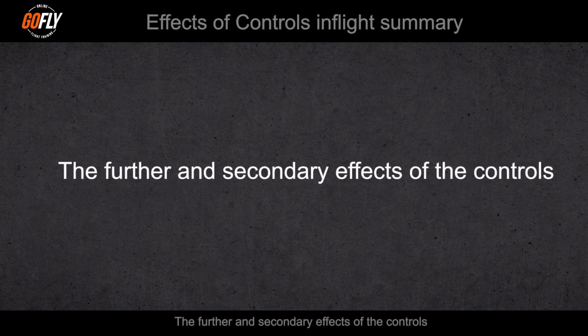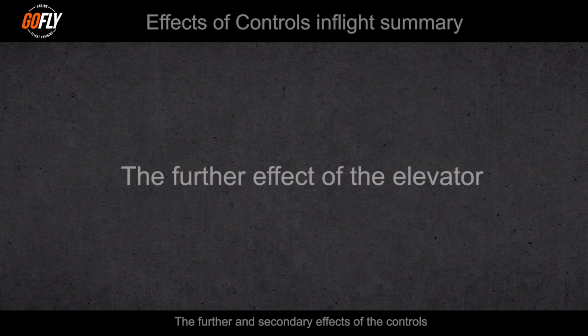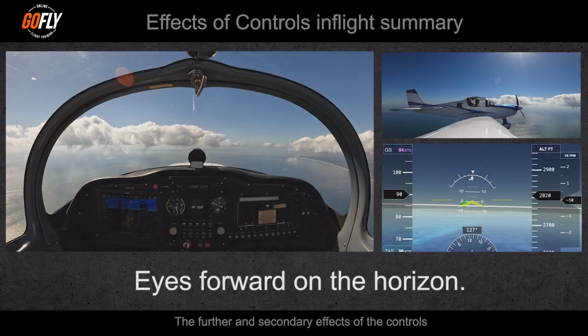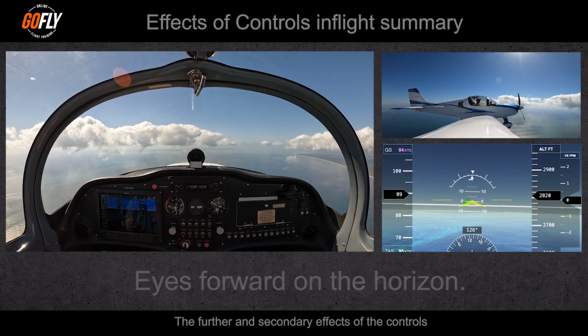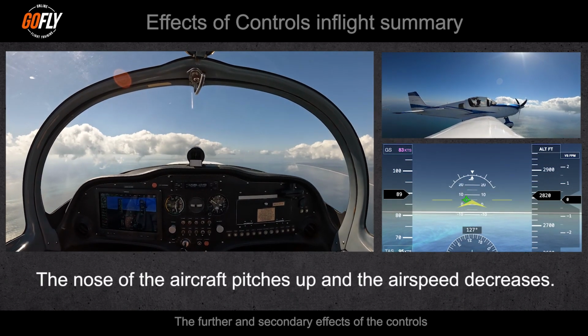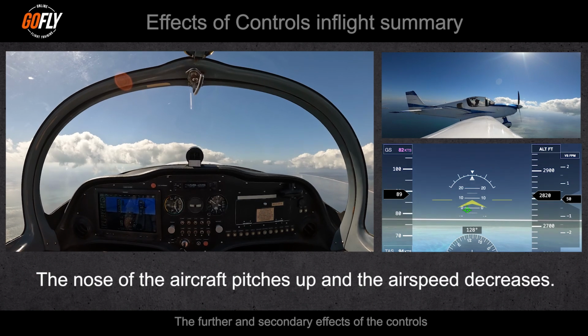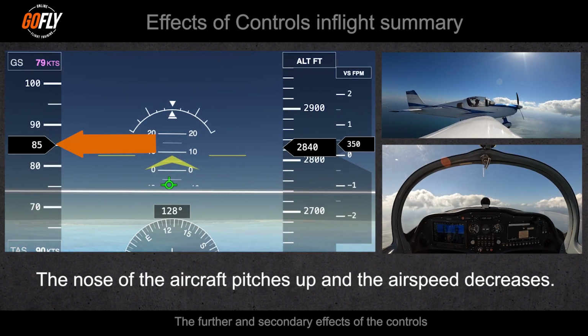We will now look at the further and secondary effects of the controls. I will now demonstrate the further effect of the elevator. Eyes forward on the horizon. When I move the control column rearward, the nose pitches up in relation to the horizon, and the airspeed starts to decrease,